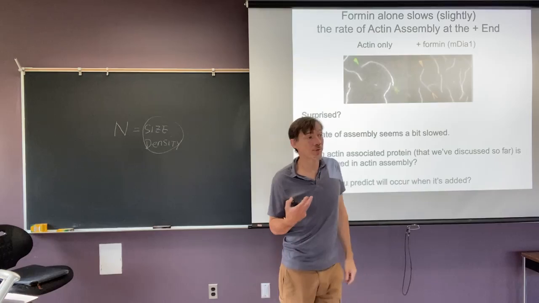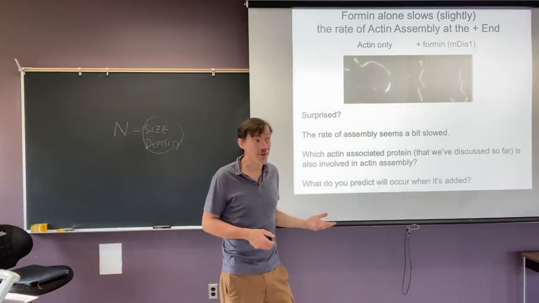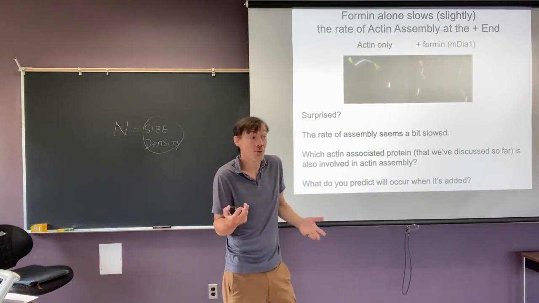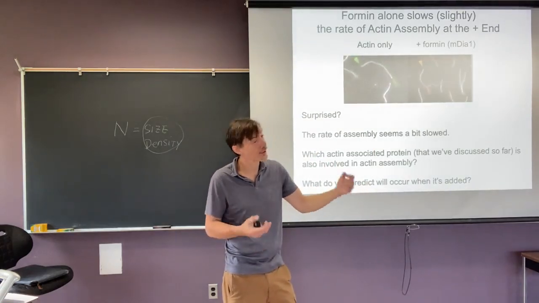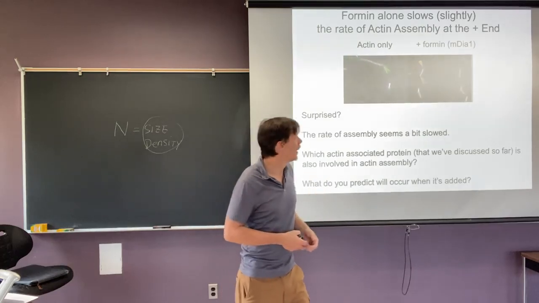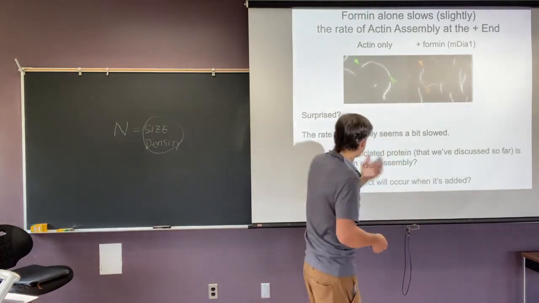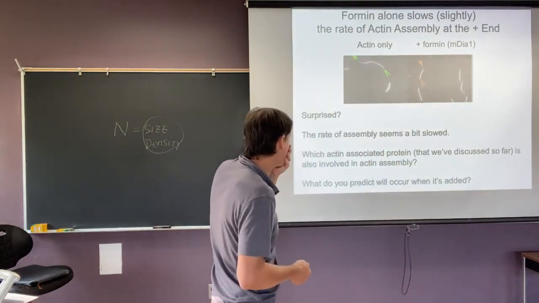So just in terms of this initial hypothesis that formin binds to the plus end of actin filaments, maybe it's making the actin filaments grow faster. That's not really supported. And instead, if anything, it kind of looks like it might be a bit slowed. Okay. Now,